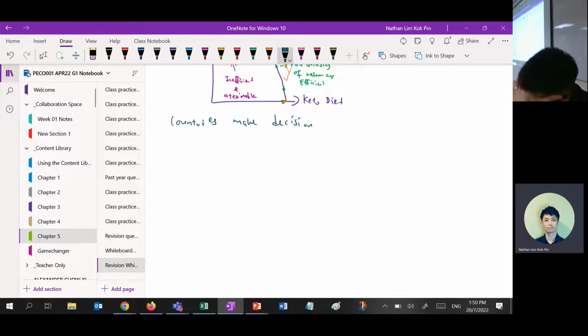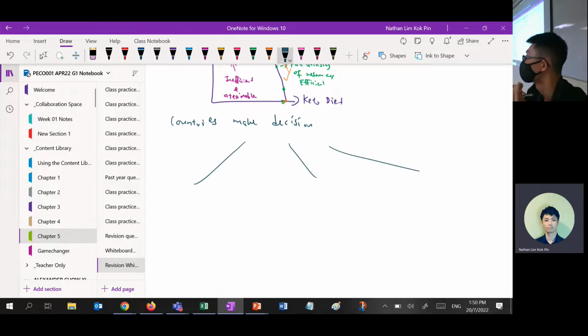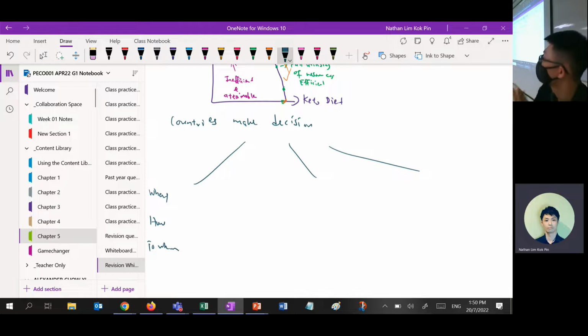we can categorize them into 3 types of systems, right? They make different decisions. There's no right or wrong in economics. I told you before, everything depends. Because of scarcity, they need to choose how to allocate their resources. They have to think about what to produce, how to produce, for whom to produce. It's due to scarcity.